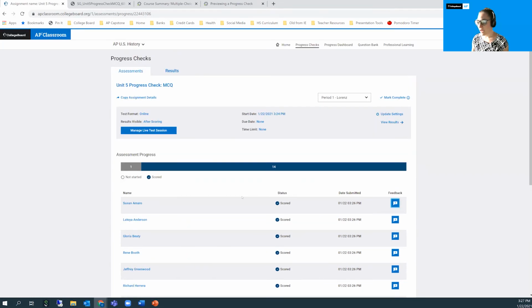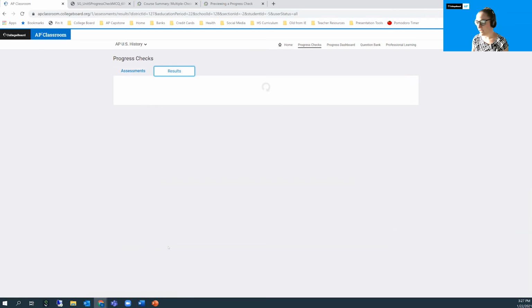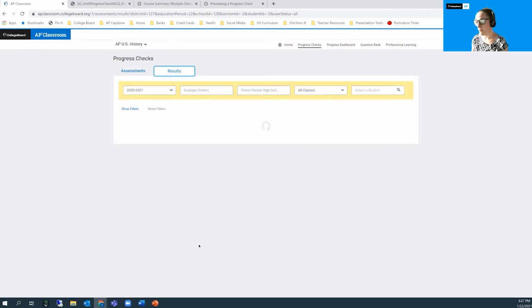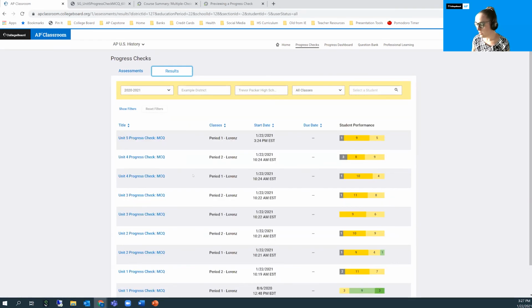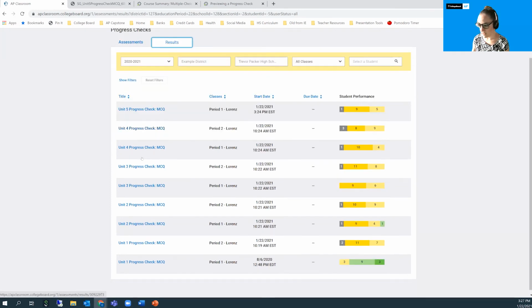But now what I will want to do is go over to results, and see how my class performed here. So I'm in results, and you can see what they've done most recently is here at the top, but any other progress check results that they've completed are all here. So you can see my period 1, 2, 1, 2, and so on. Only period 1 has finished Unit 5 so far. And here are my